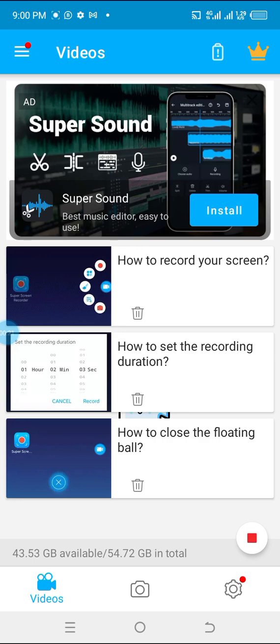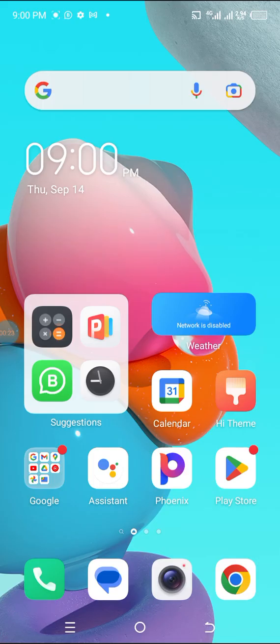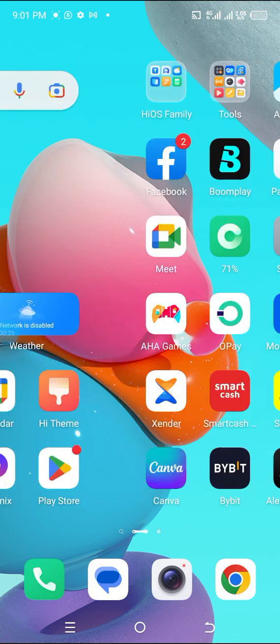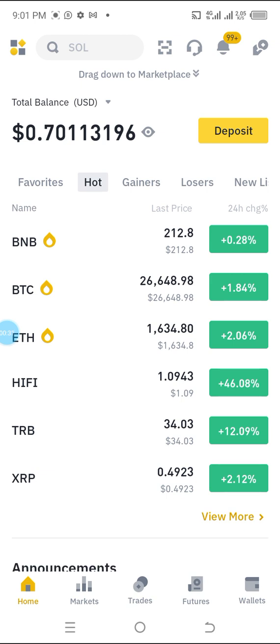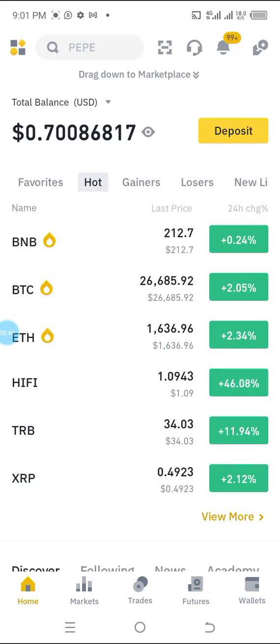Today I will show us a full tutorial on how to use Binance. A lot of us have Binance, but a lot of us are still new. Binance is a platform whereby you can trade both spot and futures trading. And Binance is also a platform whereby you can buy US dollars